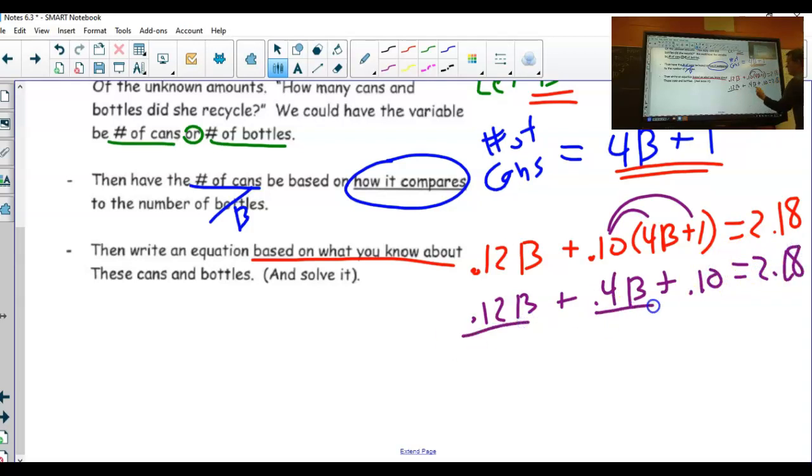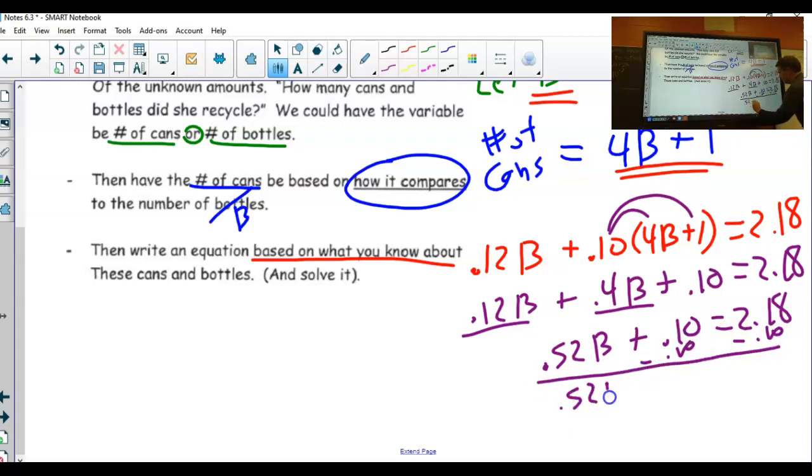Then I'd probably combine my like terms and get 0.52b plus 0.10 equals 2.18. Then I'd probably subtract the 0.10 from both sides